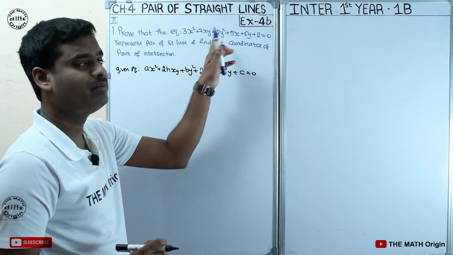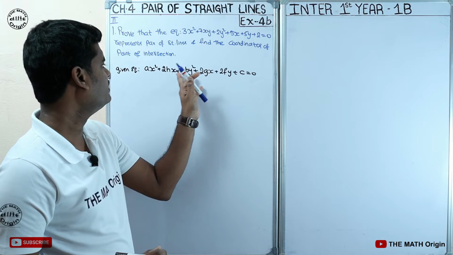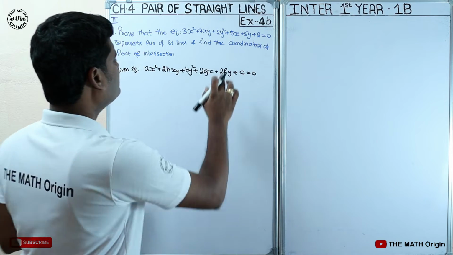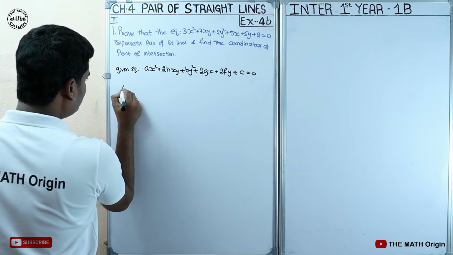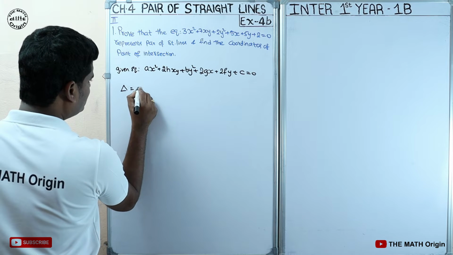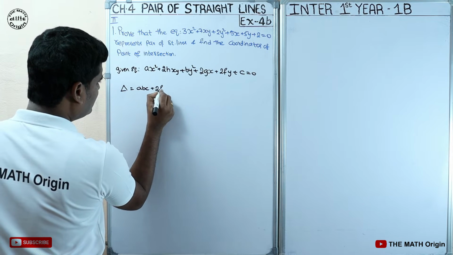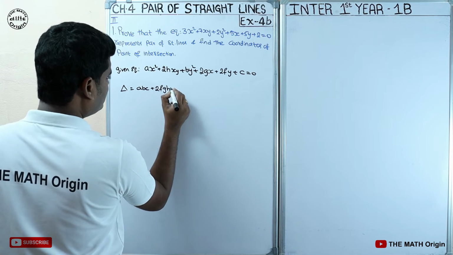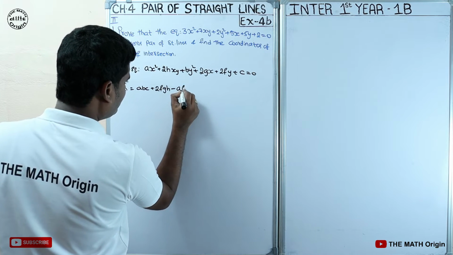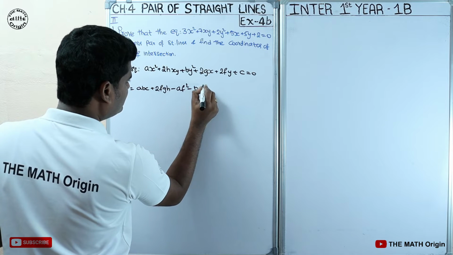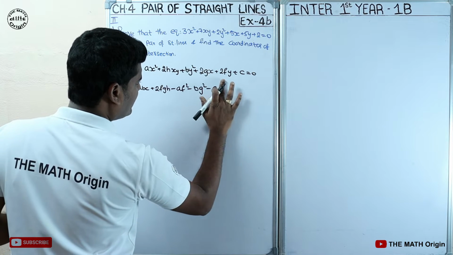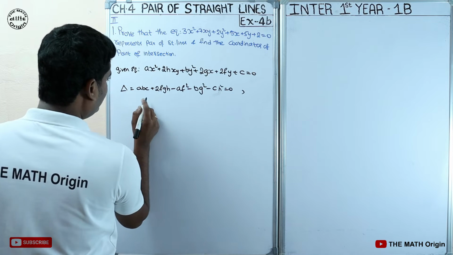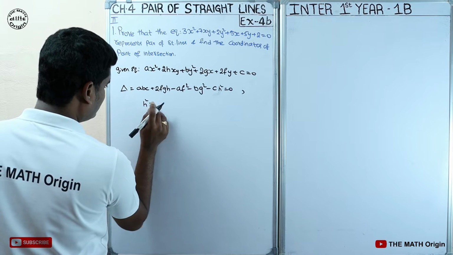The given equation is in this format. From this equation, we need to check that abc plus 2fgh minus af² minus bg² minus ch² equals 0, and